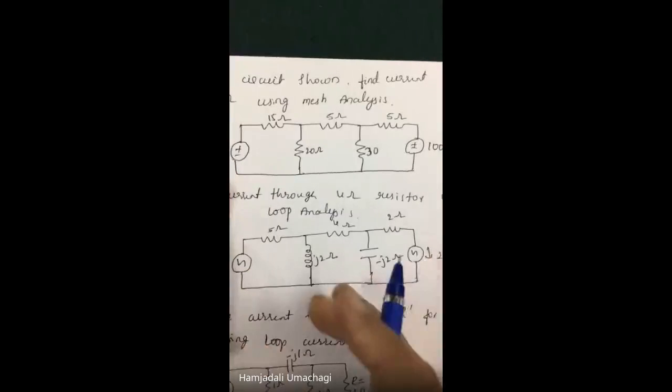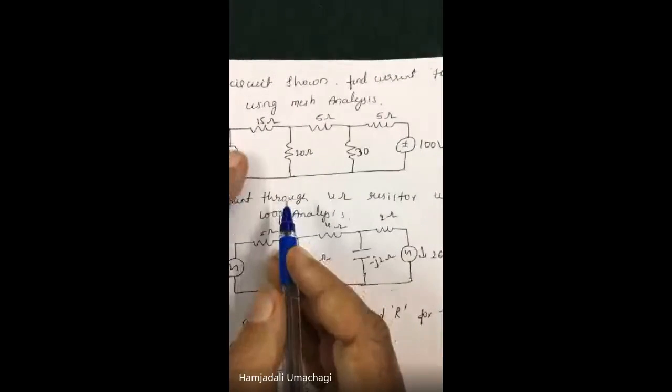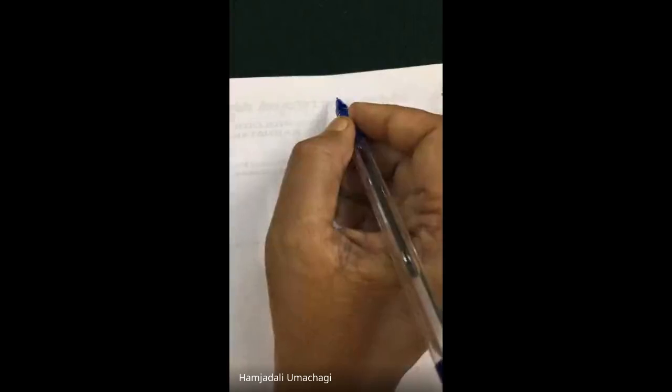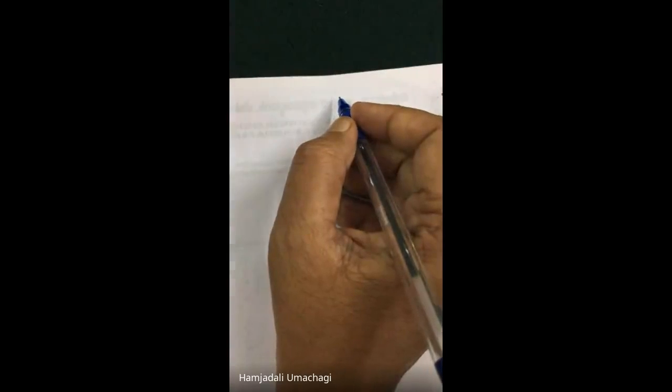Here, in the previous case, we had only two loops. In this circuit, we have three loops. Now I am going to solve this example by using mesh analysis. You can do this problem by using source transformation also. You can verify the answers by applying some other known techniques. Even you can apply star delta transformation to solve the complexity of a network.